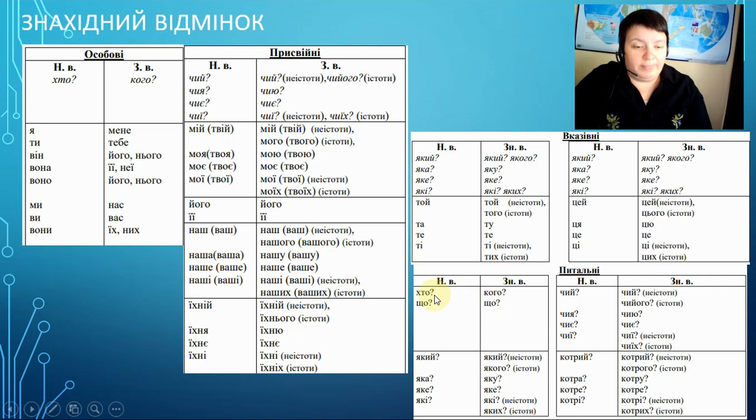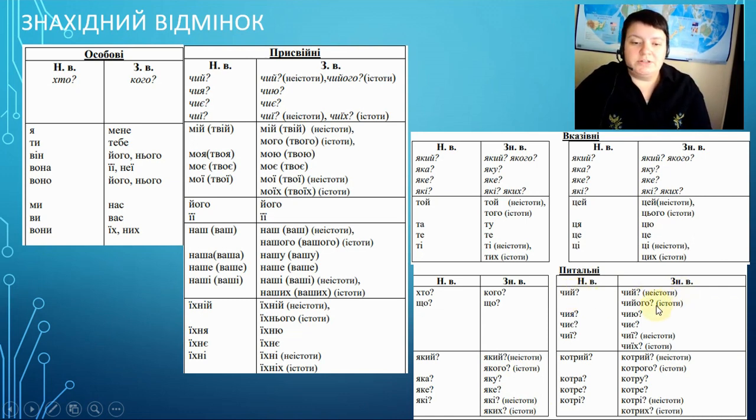Nominative case, хто, locative, whom, кого, and inanimated object, what, the same in both cases. Який, which one, or what kind, for inanimated the same який, for animated якого. Grammatical feminine, яка, яку, locative, neuter, the same two forms, яке, які, plural, які, the same for inanimated, but яких for animated. Чий, which one, whose.